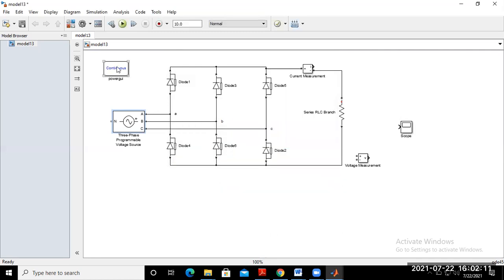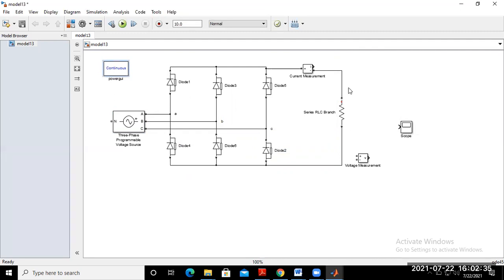So now just click on the powergui block. And just change the configuration from continuous to discrete. You have seen this in the previous simulation circuit also. Okay. And now if you connect this voltmeter to this scope, just similarly practice.